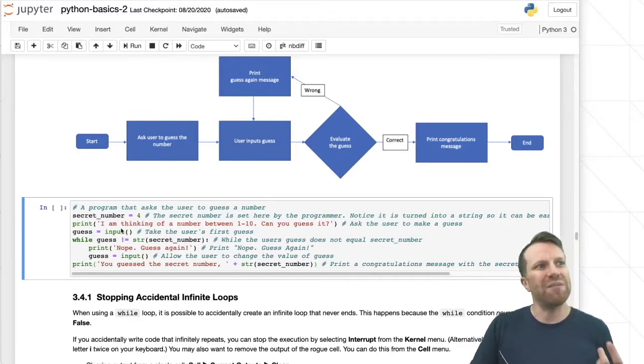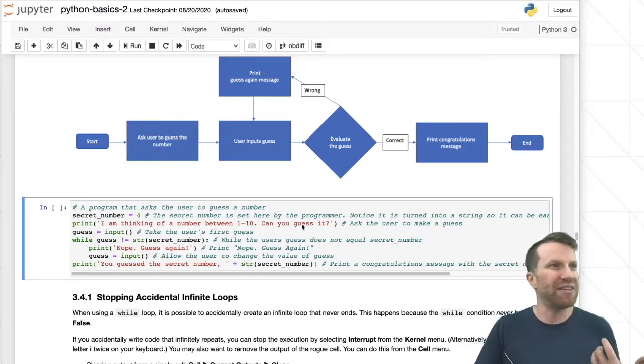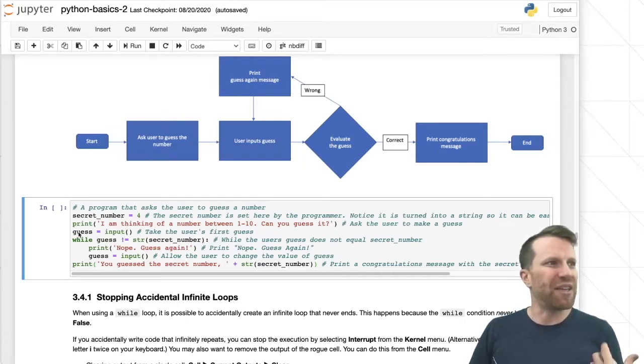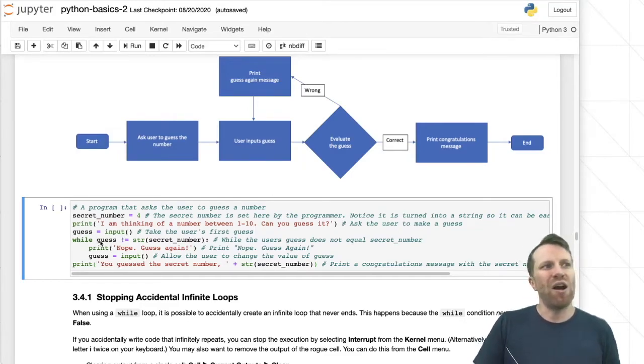We're going to print, I am thinking of a number between 1 and 10. Can you guess it? And then the user is going to input a number, and that's going to be stored in a variable called guess. And so while guess does not equal the secret number, and here notice we're going to use the str function, because when the user inputs a guess, it's going to be in the form of a string. So we're going to change our original secret number, which is an integer, into a string